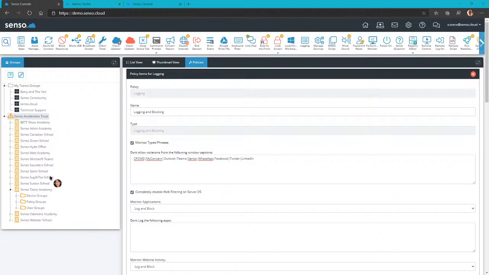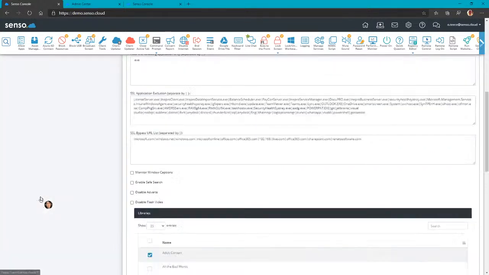But then you'll see where it says senso.cloud Academy down here, you can create groups, and you can even create nested groups. So these are really great in that once you have